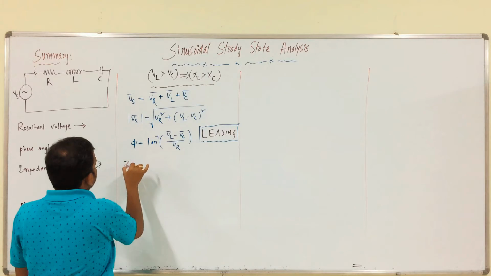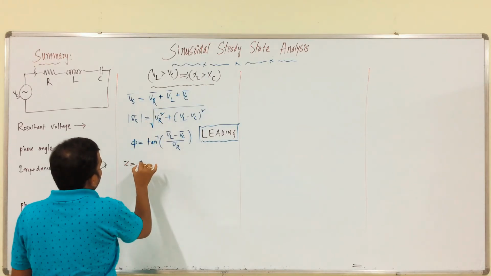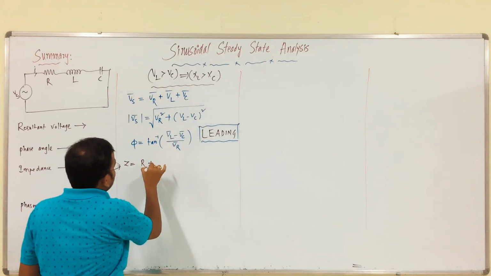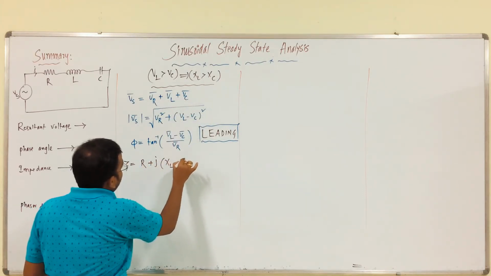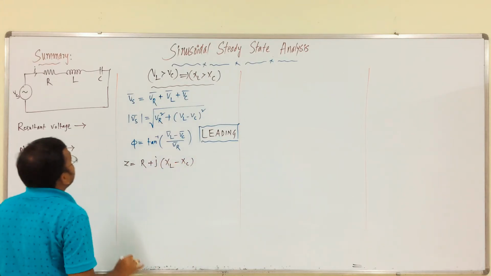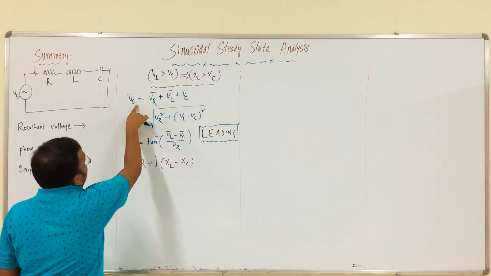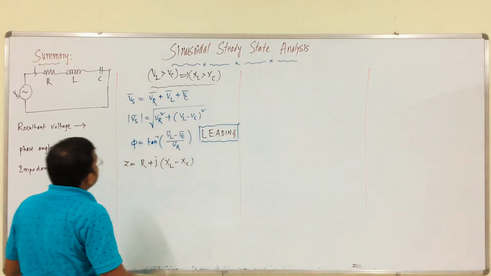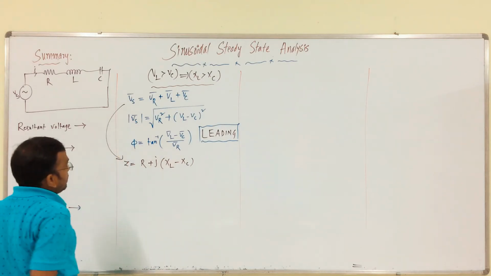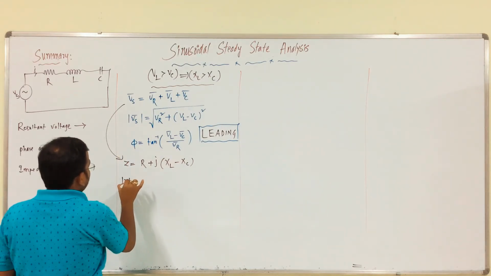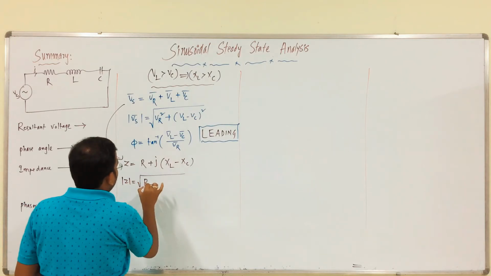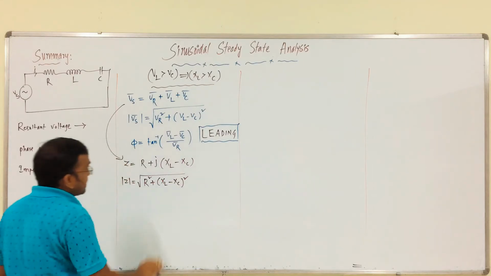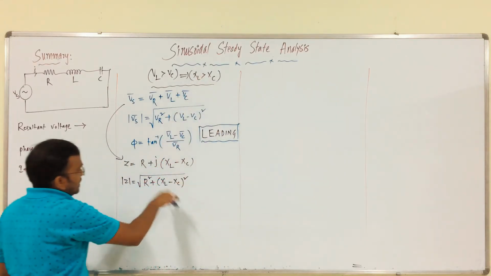Impedance is nothing but what? Z is equal to, from this I gets common, we got R plus j omega L minus j XC, plus j into XL minus XC. That's it. This can be written as I into Z, I into R plus I into jXL minus I into jXC. From this we can get Z. So the magnitude of Z is nothing but what? Square root of R square plus XL minus XC whole square. Why is it XL minus XC? XL is more than XC, that's why.